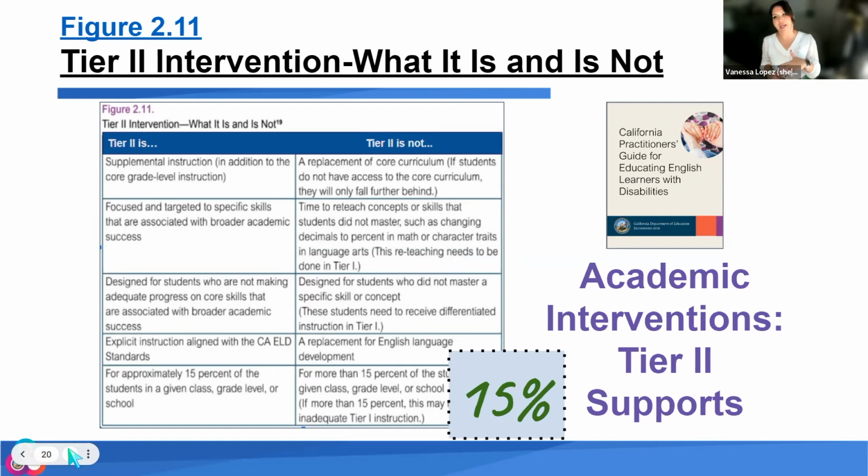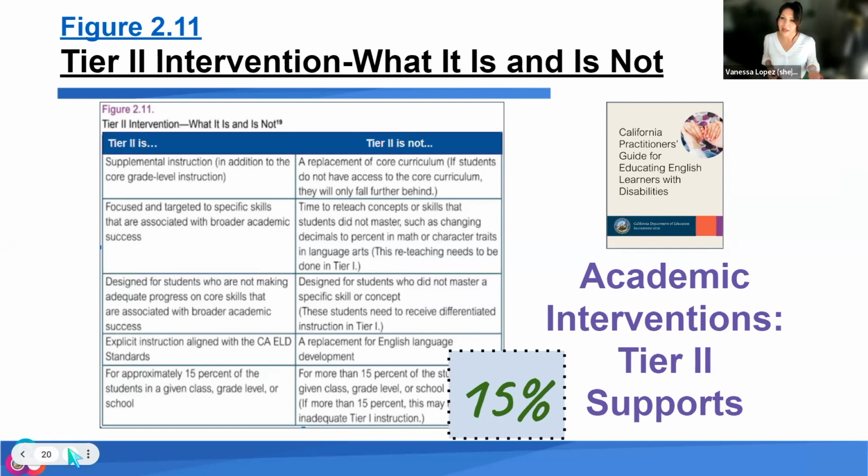So think of it as a layered cake. You have your foundation, your bottom round cake, and now you're going to stack this other level of support on top. So here we're having more focused and targeted interventions to specific skills, right? Here you have some indication of, is it phonics? Is it phonemic awareness? Is it decoding? Is it fluency? Here you have a little bit more detailed information so that you may target